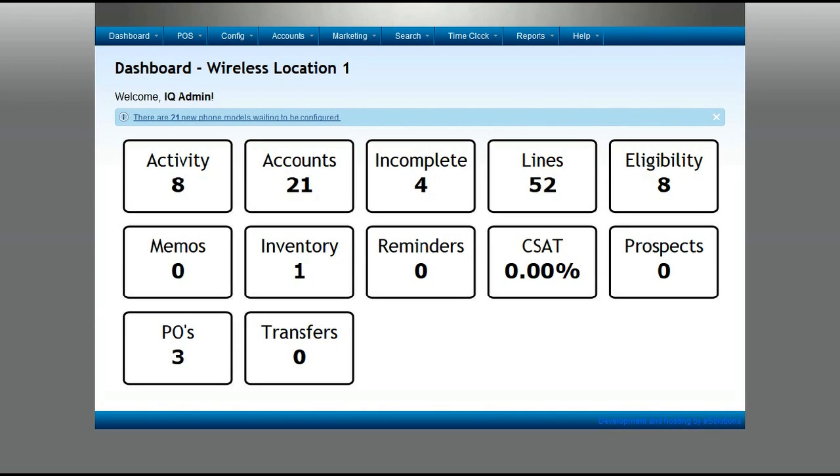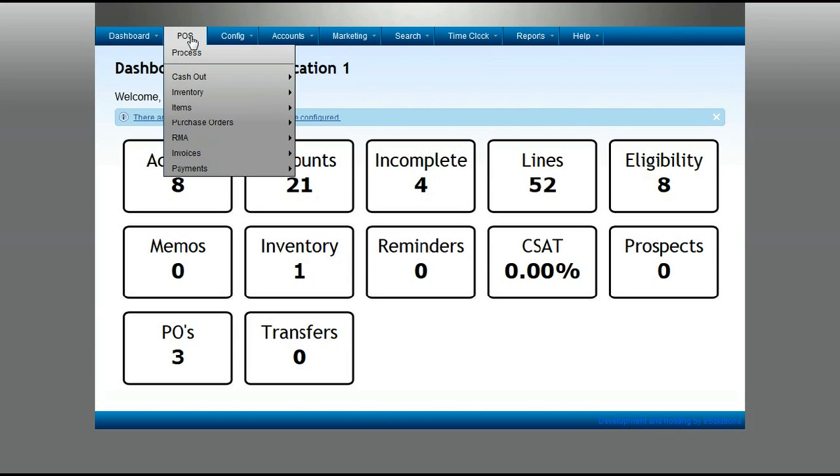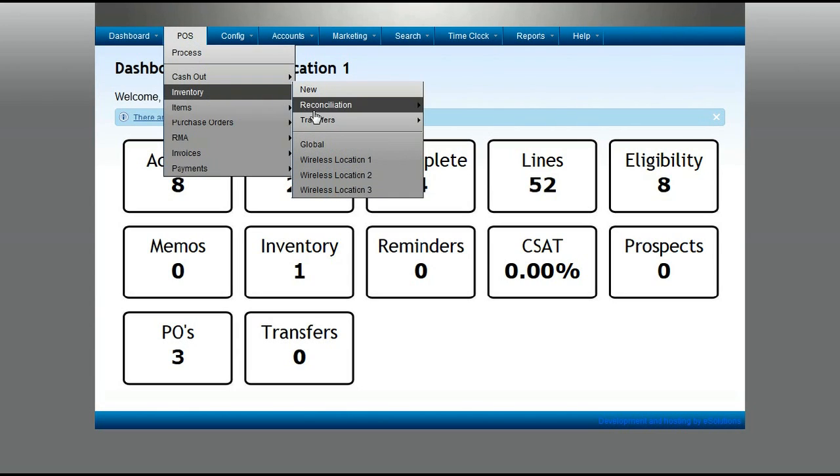Inventory transfers in the IntelliQ Data Point of Sale system is easy to do, but what's important is that the integrity of the audit trail is maintained throughout the transfer process. In order to transfer inventory from one location to another, you simply go to POS, Inventory, Transfers, New to create